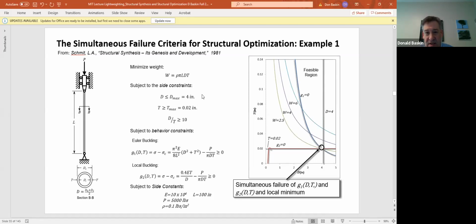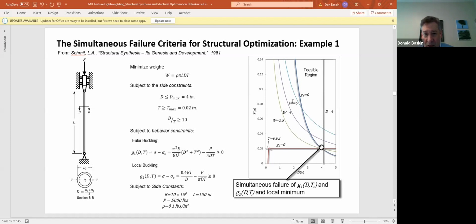So the constraints are the diameter of this tube has to be less than 4. Okay, the maximum allowable diameter is 4 inches. So if we plotted that on this graph, we would get this vertical line right here at 4 inches. D equals 4 inches, that's the equation. So you know that you can't be to the right of this line, because that would be outside your allowed constraints. In fact, you have to be to the left of this line for this to be a